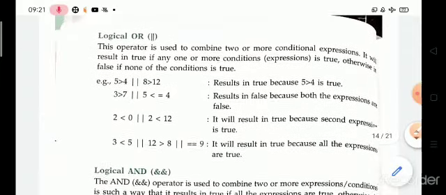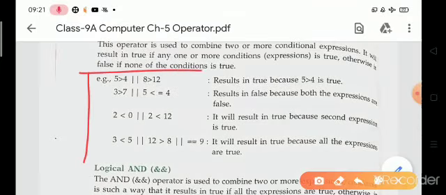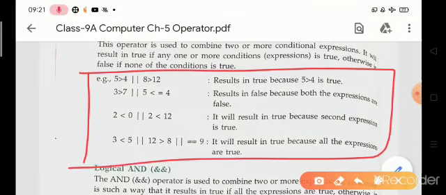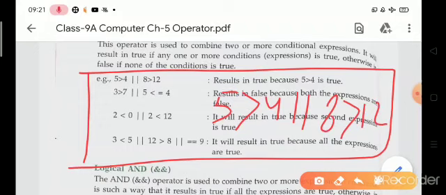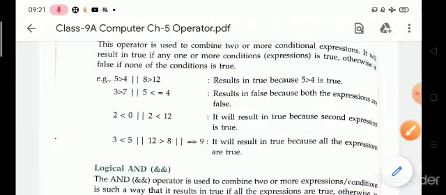Look at this example. In this example, 5 is greater than 4, or 8 is greater than 12. So 5 is greater than 4, it means it is true, and 8 is greater than 12, it means this one is false, but output will be true. Why?